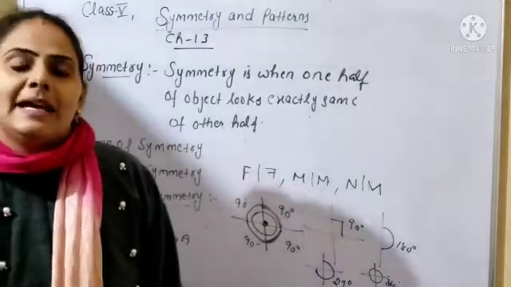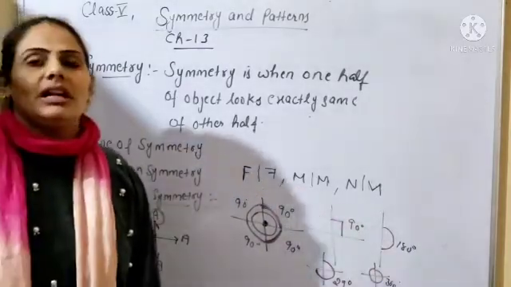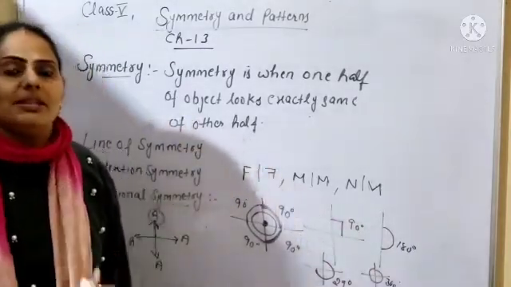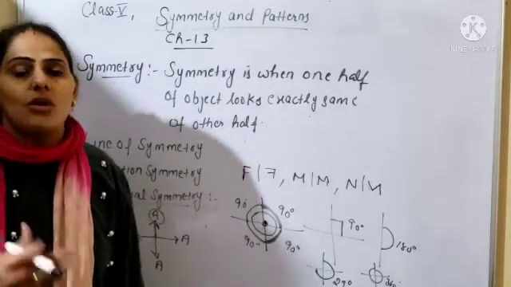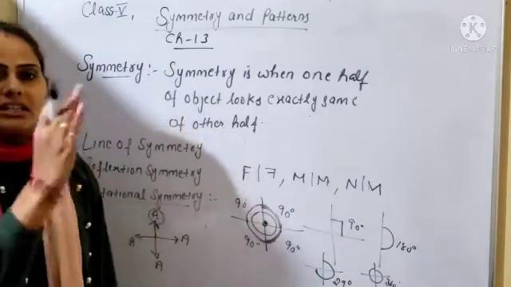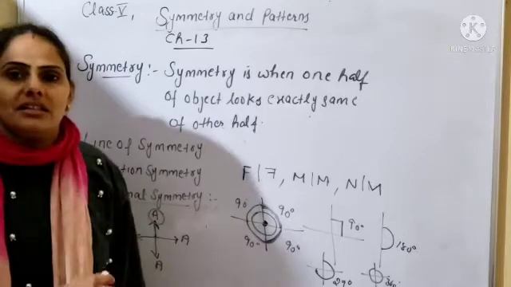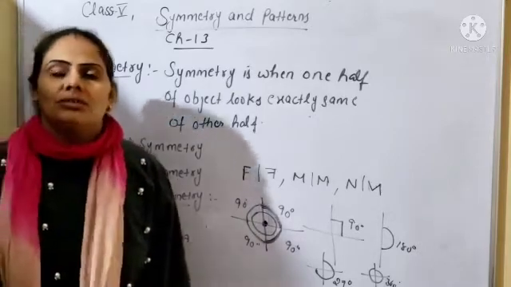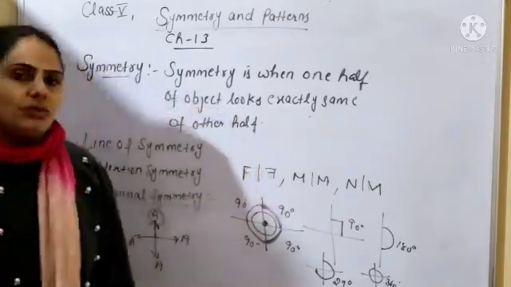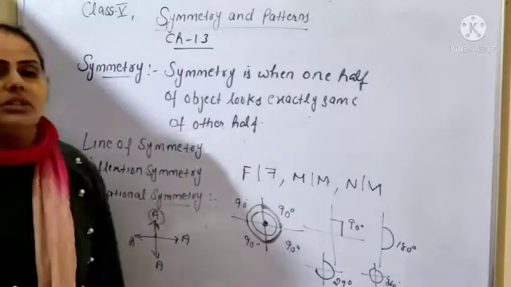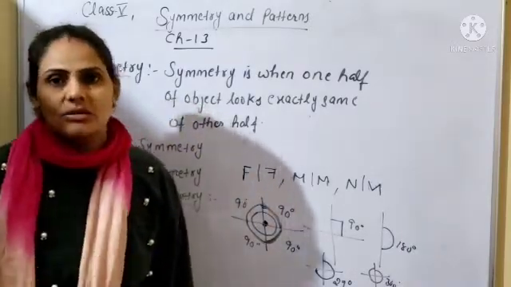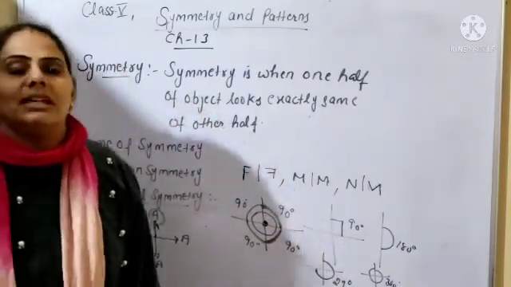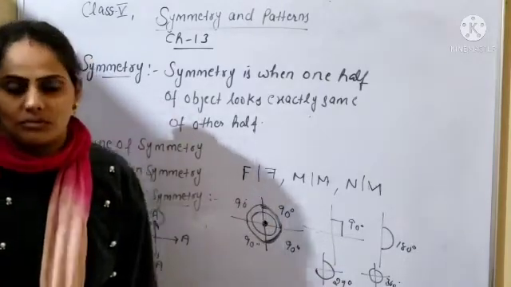This will be A. So if any objects are given and you are asked for rotation symmetry, it means you will do the rotation according to the angles. You are taking the half turn, the complete turn, the 1/4 or quarter turn, and the 3/4 turn. So that one you will do according to the angle. So this is called the rotational symmetry, and we will do it in our Let's Try. Is it clear?